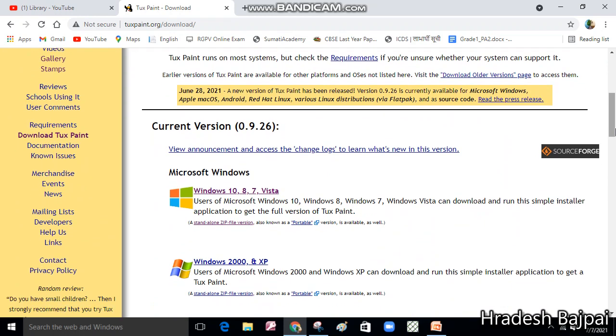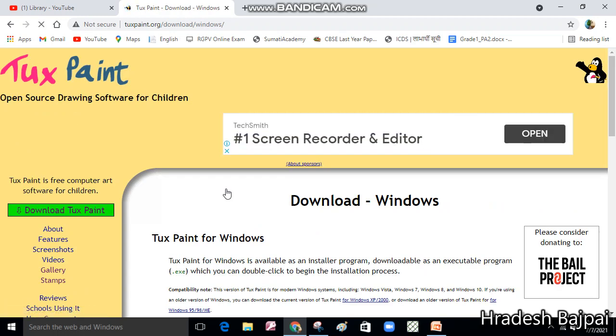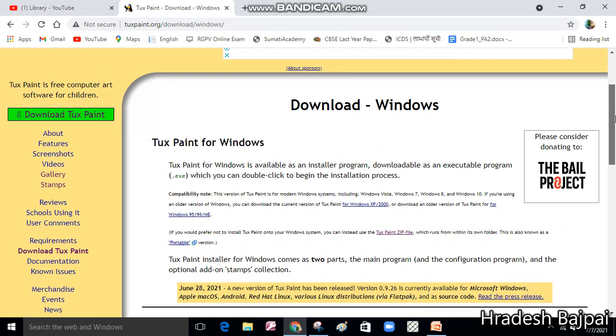If you are using Windows Vista, Windows 7, Windows 8 or Windows 10, click on this link. If you are choosing Windows 2000 or XP, then click on this link. As I'm using Windows 10, I am clicking on this option. As you click here, another window will appear.